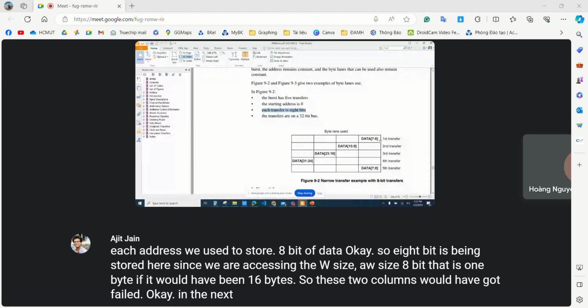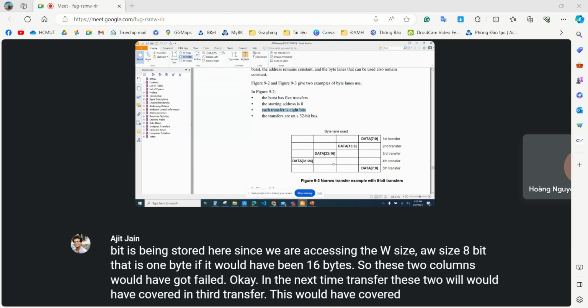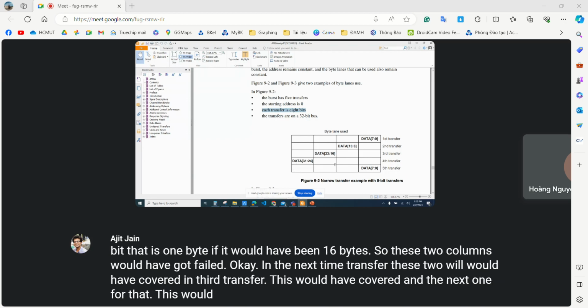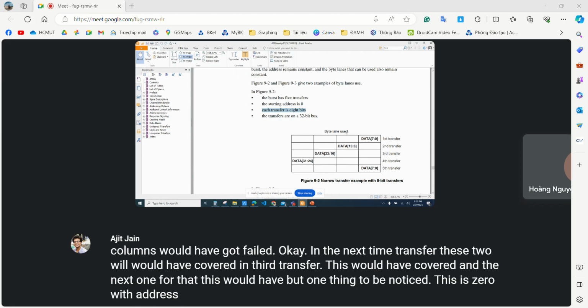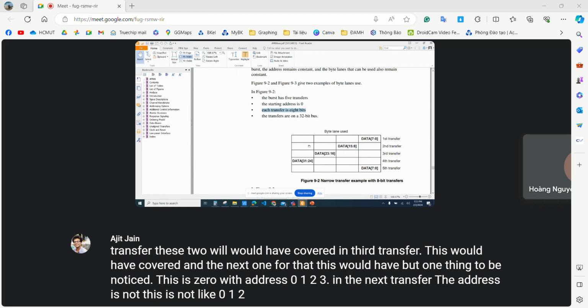In the next transfer, these two would have been covered, and in the third transfer, this would have been covered. But one thing to be noticed: this is the 0th address, 0, 1, 2, 3. In the next transfer,